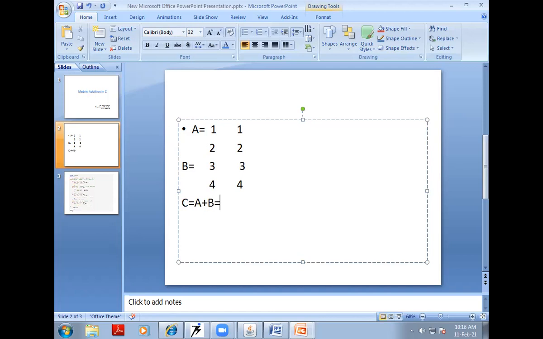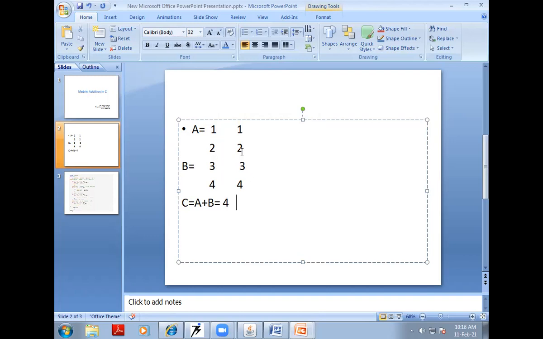So how matrix addition is done: we add the first element of the first matrix with the first element of the second matrix. For example, the first element of the new matrix C will be 1 plus 3. 1 from the first matrix, first row, first column, and 3 from the first row, first column of the second matrix. The answer will be 4 here.